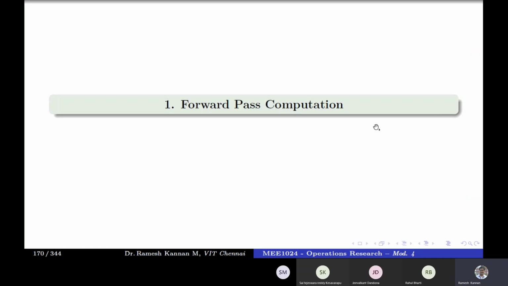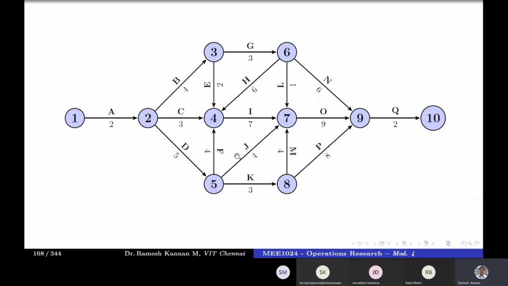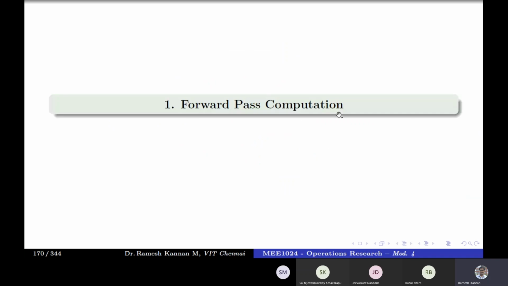And we'll do the forward pass computation. All of you please pay attention. This is a very important thing. This network is called an event. Event gets bifurcated into three. So I'll just tell you what in a forward pass we will be finding: earliest event time, then we will be finding the EST. When we find early start time plus the duration, it will give us early finish time. So as simple as that.